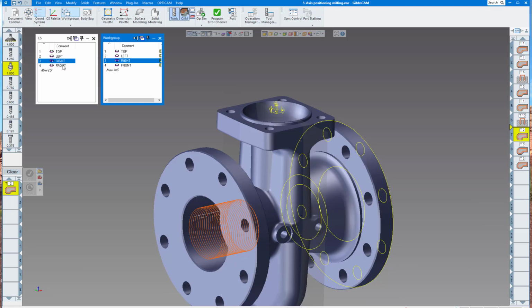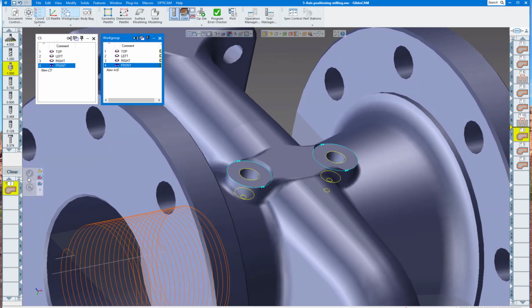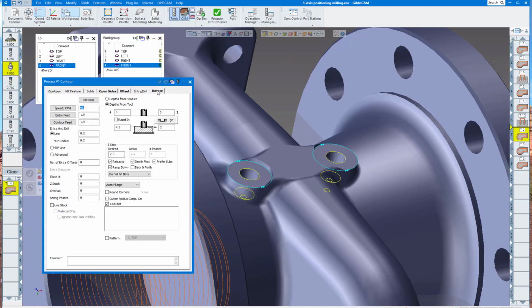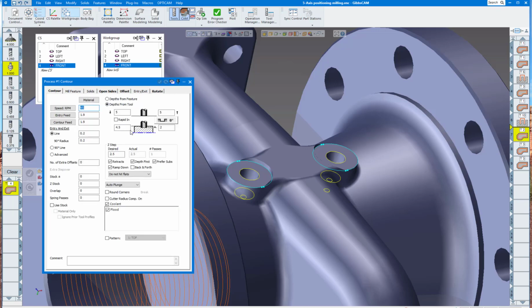So the last thing we want to do is the front. So I'm going to rotate this around, clear this. I'm going to bring up a contour tile with our 3/4 inch end mill, and make sure you're on the correct coordinate system, front. I click here, alt click the casting, 2.5 inches, and I want to face it down to 2.4. I'm going to put a ramp of about 1/10 thou,